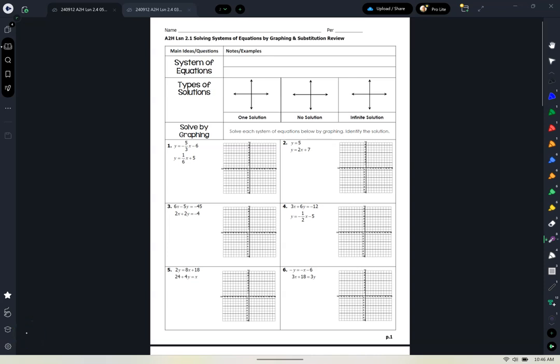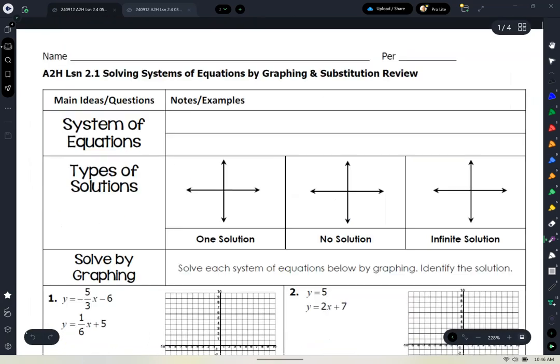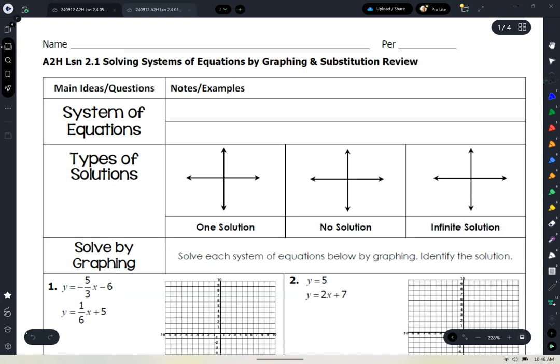So, systems of equations. That's what we're going to be starting off reviewing in these first couple of lessons. And so, let's just be clear on what we're talking about. This is going to be two or more